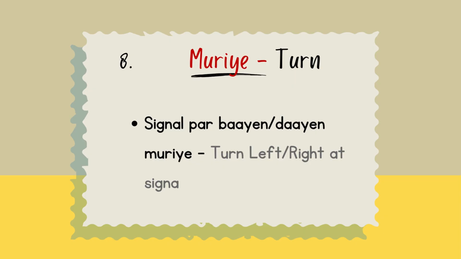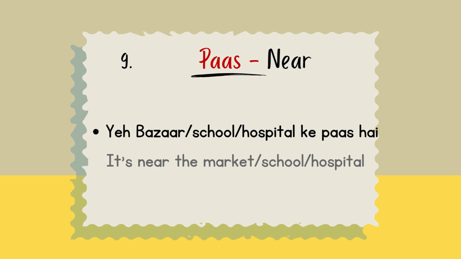मुड़िए, we have seen in our previous examples, मुड़िए means turn. सिग्नल पर बाएं और दाएं मुड़िए means turn left or right at the signal. So सिग्नल पर बाएं and सिग्नल पर दाएं मुड़िए, turn left or right at the signal. The L is missing in the word signal, sorry about that. Moving on,